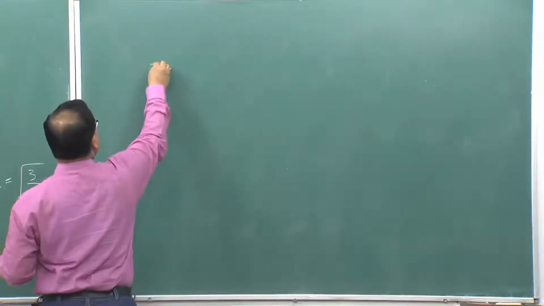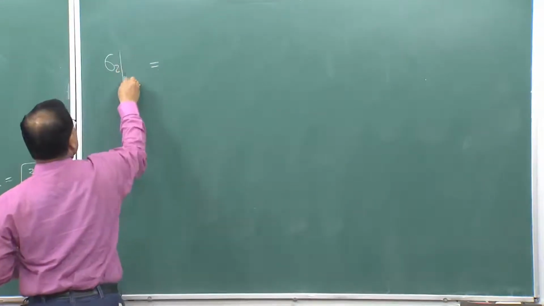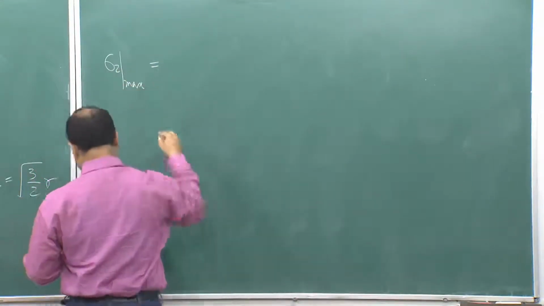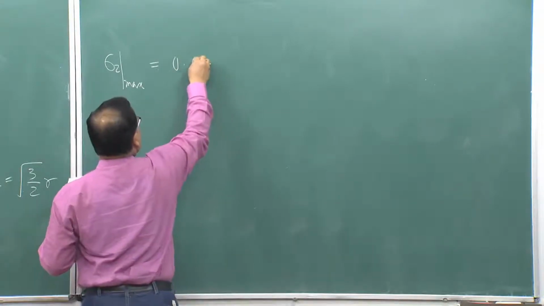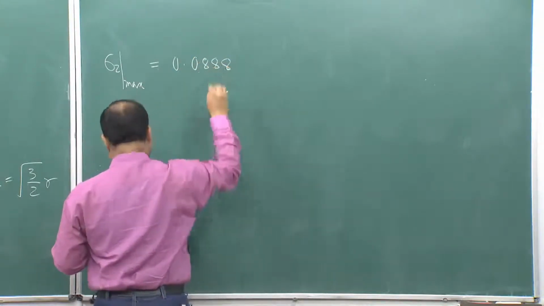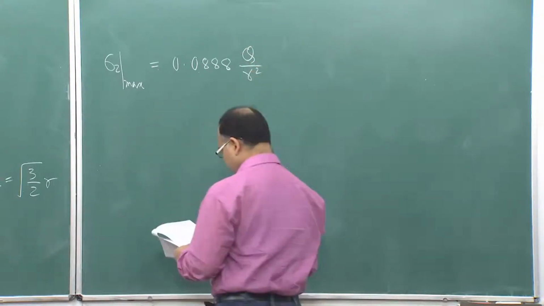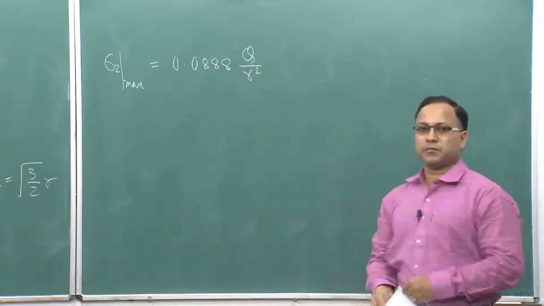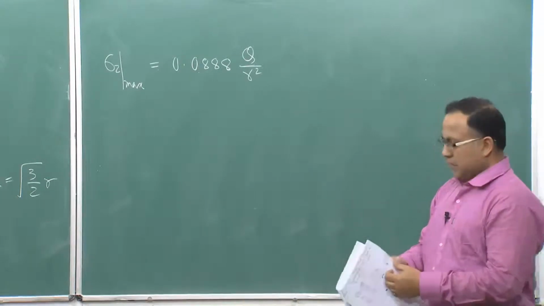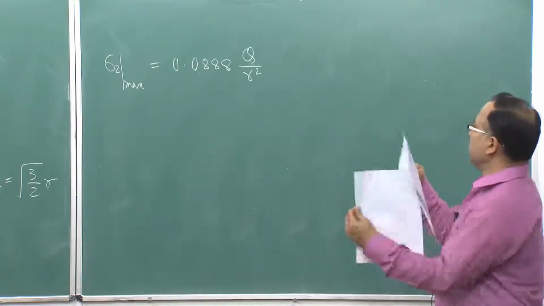So, that is giving me sigma z max is equal to 0.088 q by r square. Okay. So, that is your sigma z max,